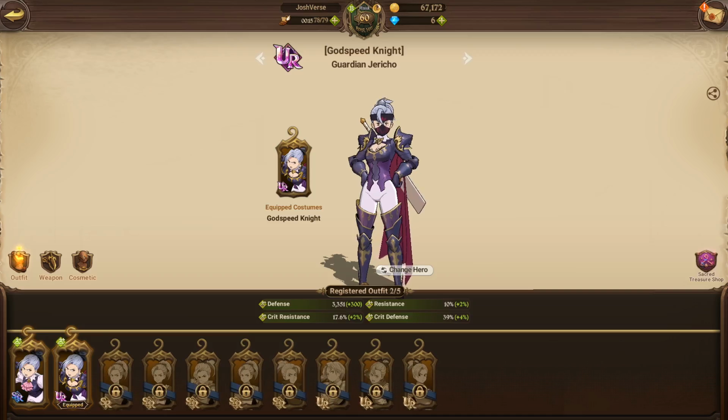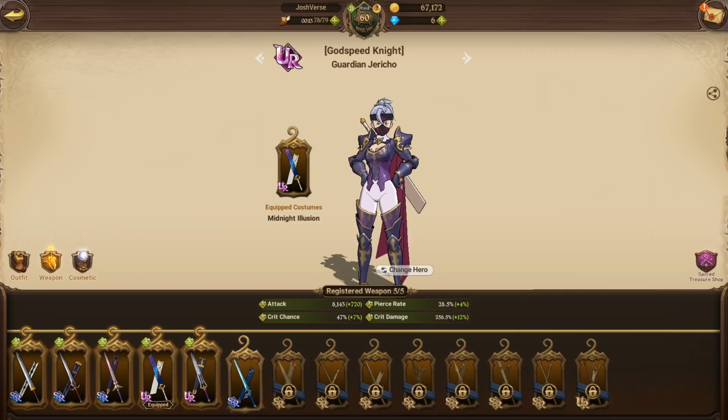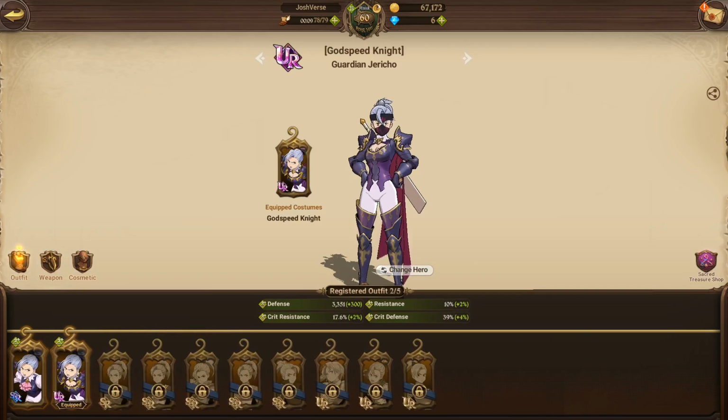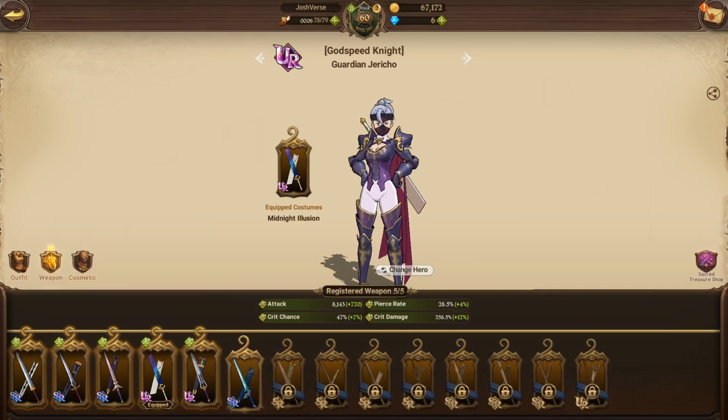Excuse me, costumes. You have costumes, you have weapons, and you have cosmetics, and of course you can have 5 of each of these 3 categories equipped at one time. So as you can see here, I can only have 5 of these swords equipped. I can't have the 6th one equipped. So if you go and whale out on a lot of costumes, you're definitely going to want to try and equip the top 5 that better boost your character in the way you want them to,